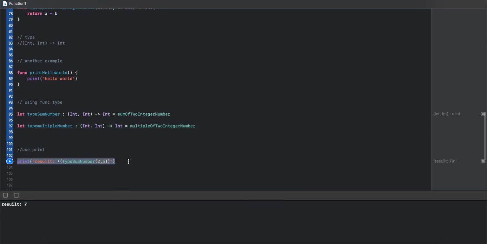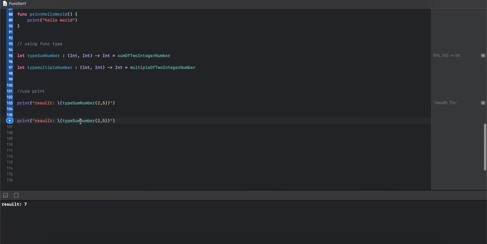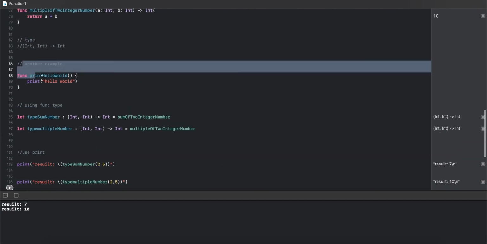So we can use a print statement. This is the multiply numbers. We can run 2 and 5, and 5 times 2 is 10.